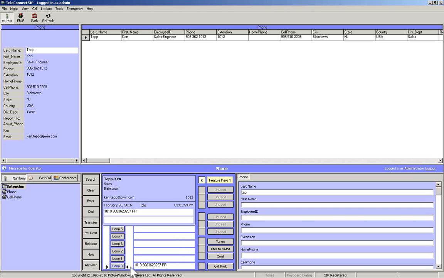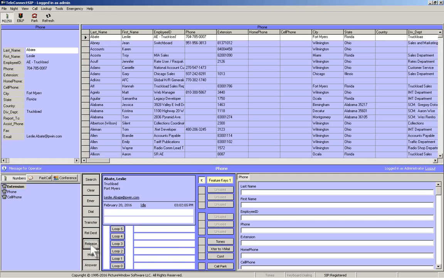Excuse me, Kenny's going into a meeting. Can I offer you his voicemail? Yes, that's fine. I go over and I click transfer to voicemail. I hear that the announcement for Kenny's voicemail's on. I hit release, and I've now connected that caller to Ken's voicemail. Now,